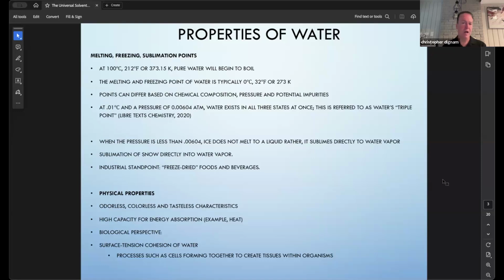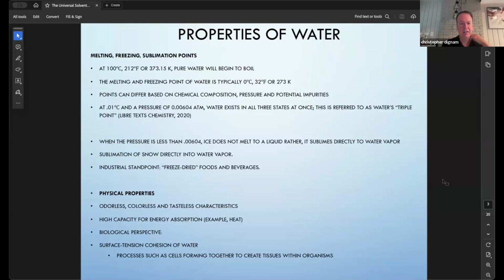And so properties of water, some very interesting things about water in terms of melting, freezing, and maybe something called sublimation that you're not familiar with, but water has some very specific qualities, especially depending on where you are on the planet Earth and how that affects either the melting, freezing, or sublimation points. But there are differences with chemical composition, pressure, potential impurities. And again, these are things you can work with very, very small learners, and things like the surface tension of water, even for someone who is an elementary school learner up until higher education,